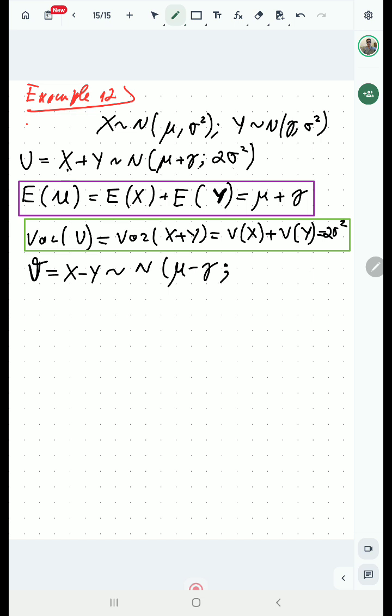And what about the variance? We know that the variance of x minus y is just the sum of variances minus 2 times the covariance, but the covariance is 0 due to the independence assumption. So it's still going to have 2 times sigma squared as our